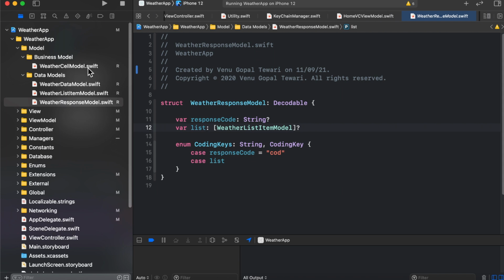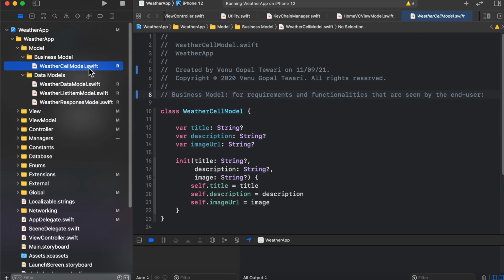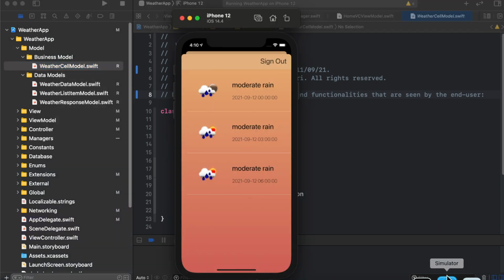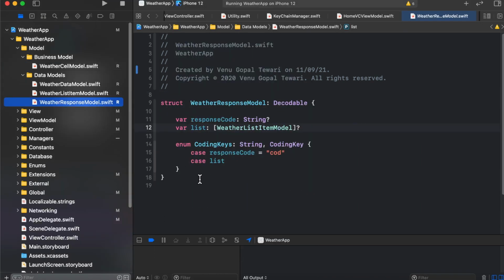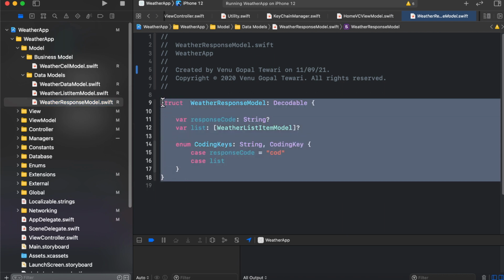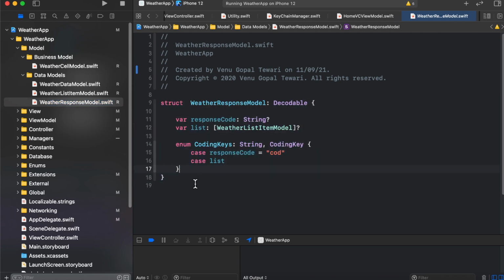As you have already seen in the UI of the application, we have the weather condition, the date and time for which the weather prediction is done, and one icon. So if you look into the API response, this is not exactly what we need to display to the user, right? So somewhere we need to do a kind of conversion, and after conversion, the model